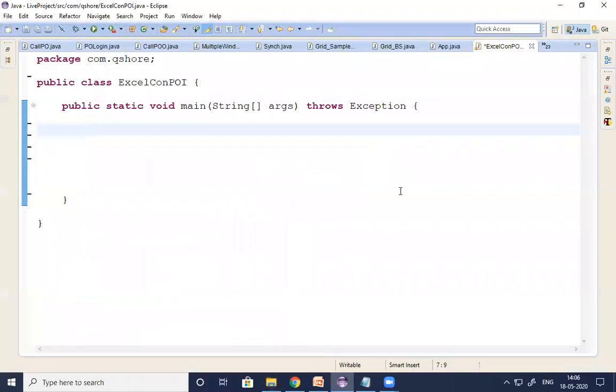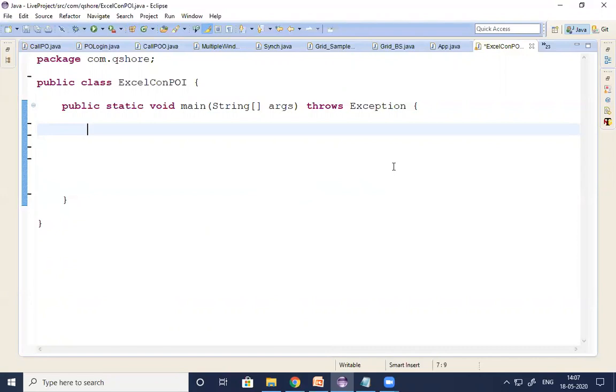Now I would like to read the data from the Excel file. So how to read the data from the Excel file? Before reading the data, we need to open that Excel. Before opening the Excel, we need to identify the location of Excel. This concept I explained very clearly in the first session of Excel. If you have any confusion, refer to that session, guys. There I explained the manual process we follow to read the data from Excel. The same manual process we are converting into automation.